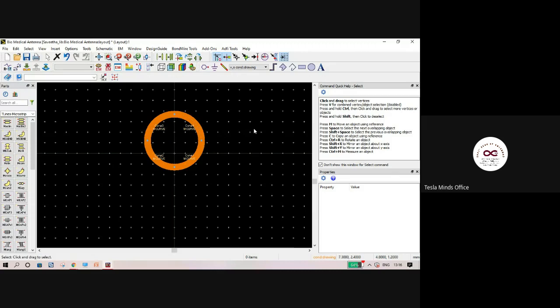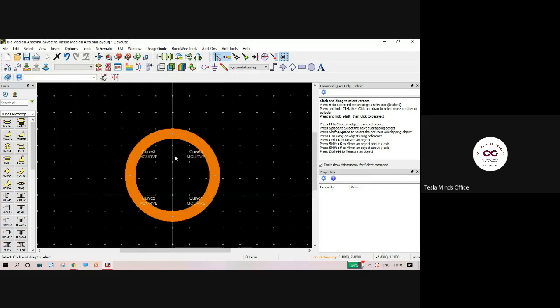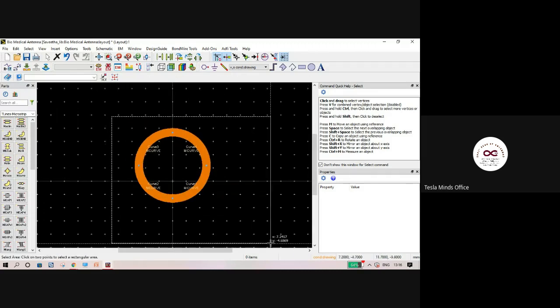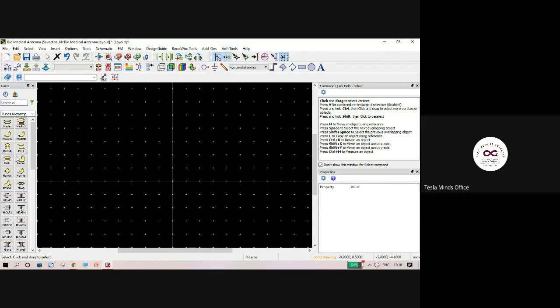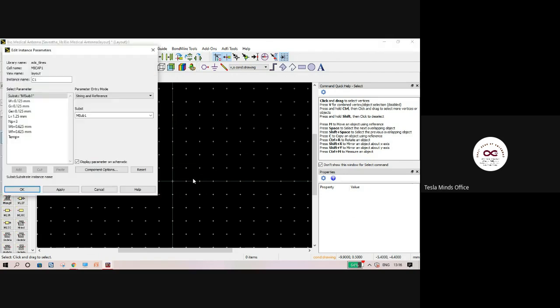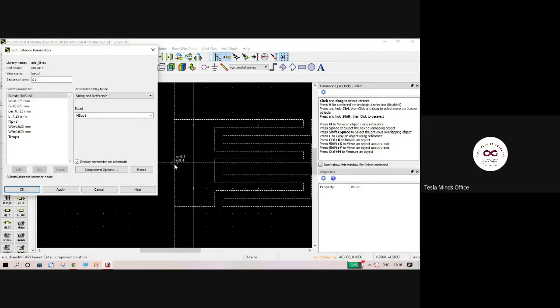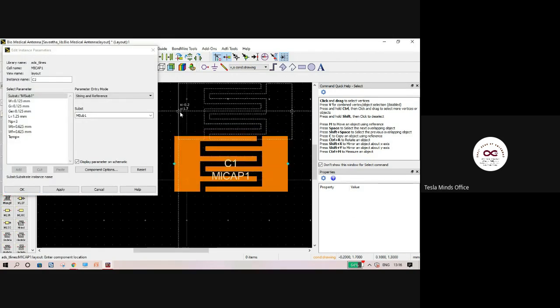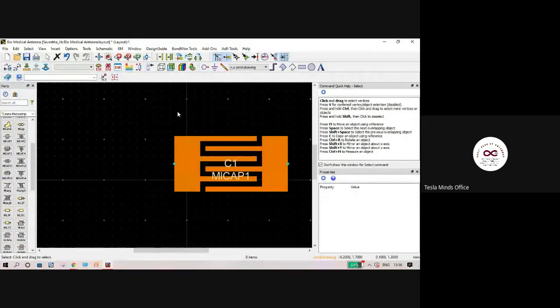So this is another way of drawing a toroid or a ring-like structure. Other than that, we have the microstrip capacitors, the interdigital capacitors. When you learn about microwave integrated components, this is a capacitor.